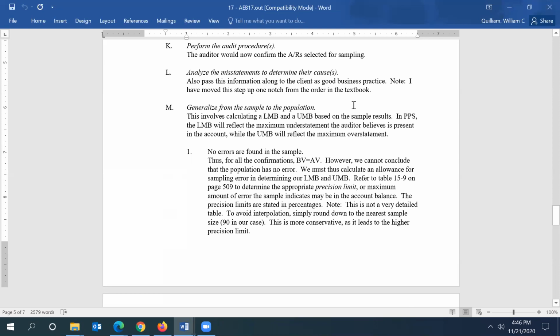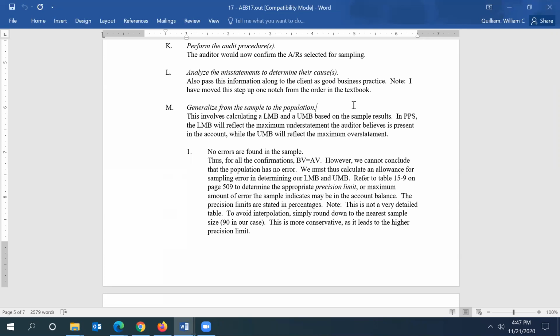Then we'll generalize from the sample to the population. Well, this is going to involve calculating a lower confidence limit or lower misstatement bound and an upper misstatement bound or upper confidence limit based on the sample results. In PPS, the lower misstatement bound or lower confidence limit will reflect the maximum understatement the auditor believes is present in the account, while the upper misstatement bound is going to reflect the maximum overstatement. I will show you these things. So I will be using,